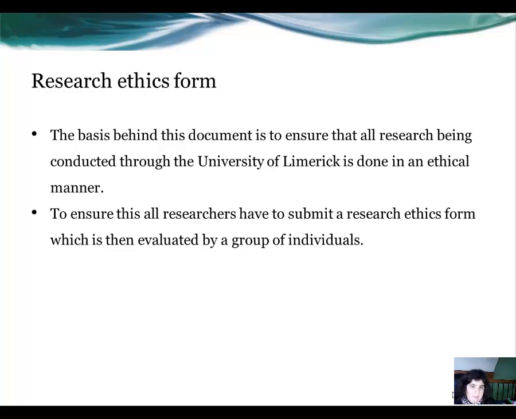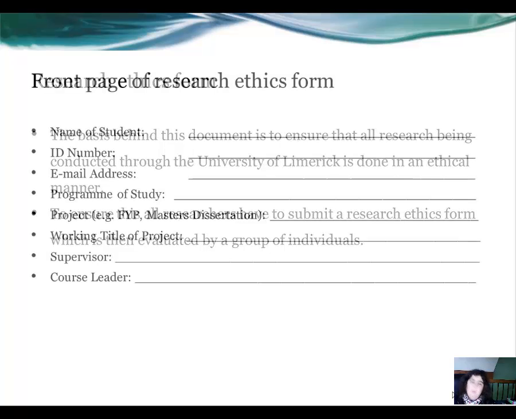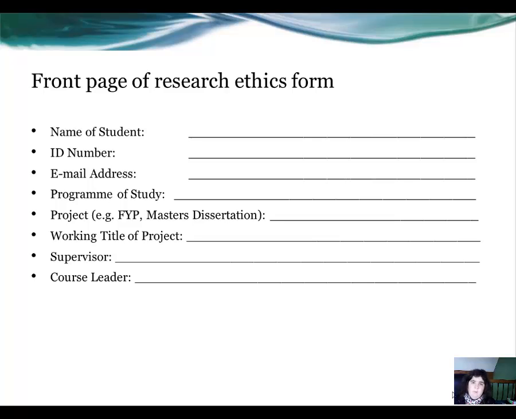So this research ethics form is actually then evaluated by a group of individuals who are from various departments in the university, who can bring to the table different viewpoints and different perspectives on what is ethical and unethical. So what does the form actually look like that they will be evaluating? Well, on the front page, it's very much descriptive information about the